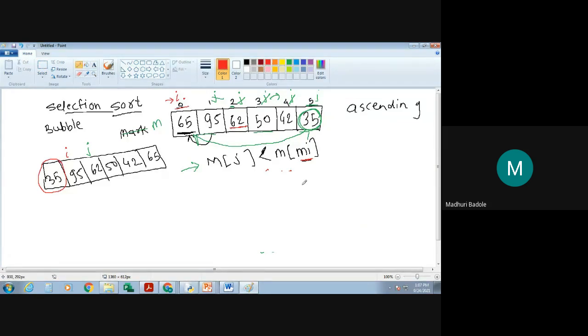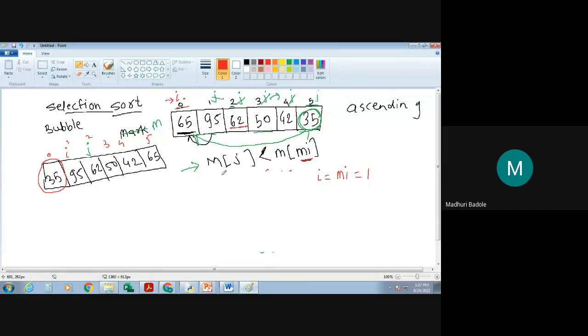Whatever the i index is, I am appointing it as the minimum index. Now in this case, what is the value of i? This is 0, 1, 2, 3, 4, 5. So what is the index of i? It's nothing but 1. So what will be your mi value, that is the minimum index? That is 1.